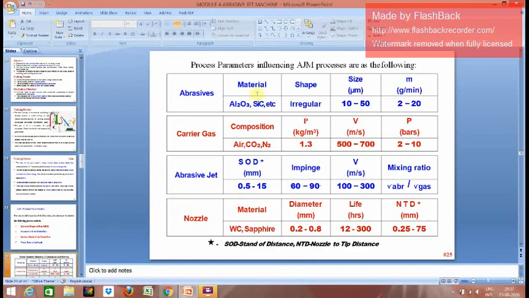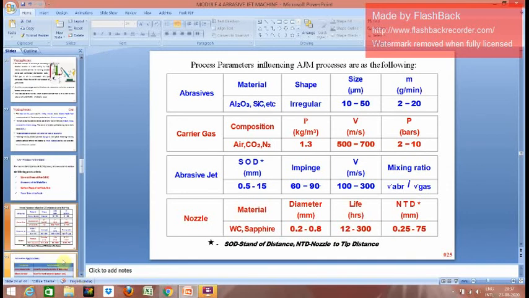This is the table where it has been written what the abrasive should be, what abrasives are to be used, what the materials, shape, size, and grams per minute are. Next, carrier gas. I have given what the quantity or parameters should be for the abrasive jet. It has been written over here. Nozzle: what may be the material of the nozzle, what should be the diameter, what must be the life, what must be the nozzle tip distance. So please go through this table very carefully in order to have a very successful setup of the